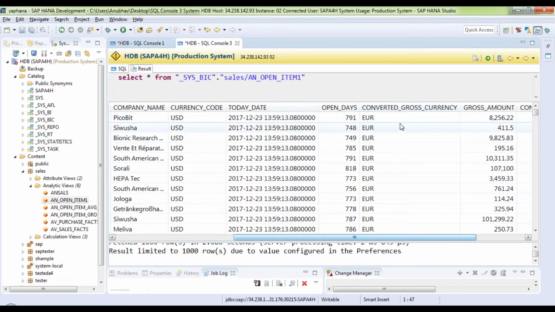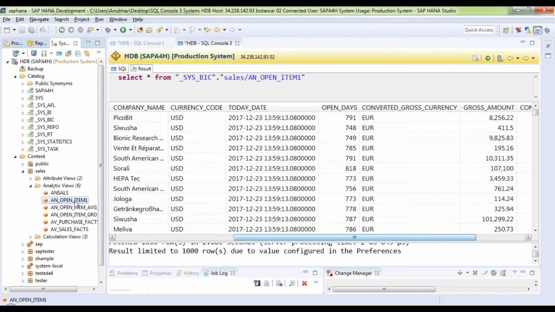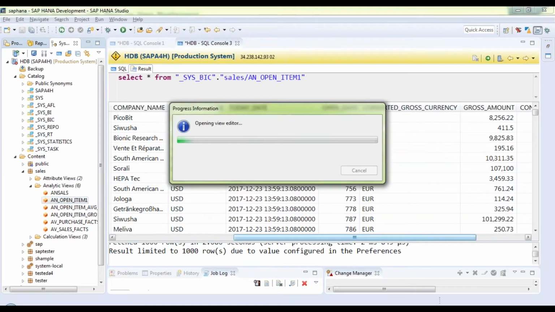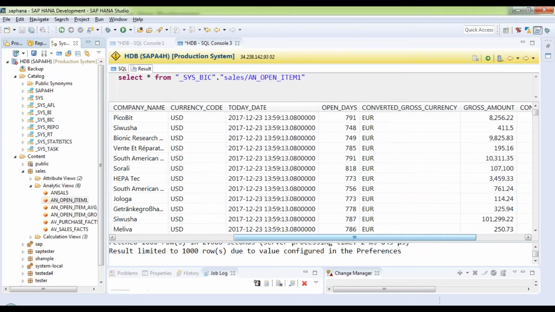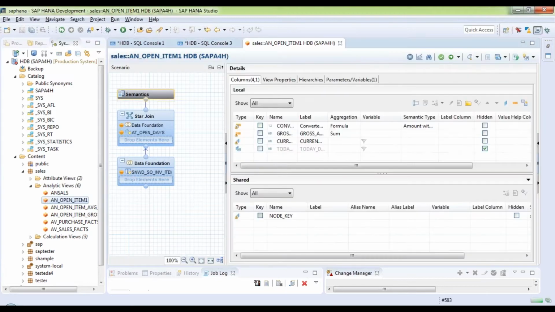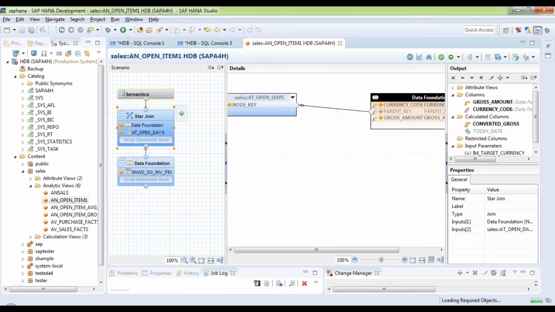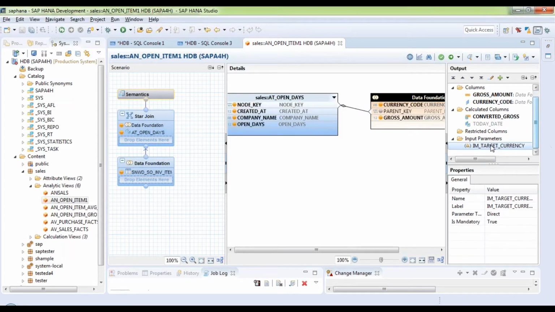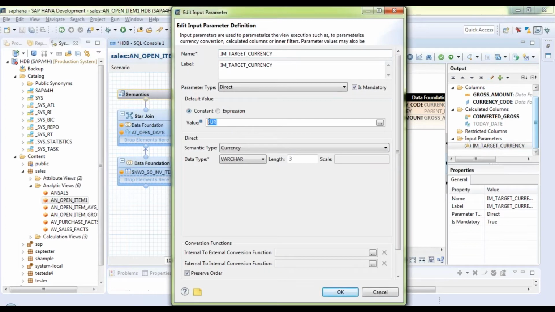But there was also an import parameter which we created. Let me open this analytical view. Hope you remember this analytical view that we created long back. It had an import parameter for currency conversion, and the default value for that was euros. So it will always give you the result in euro currency when you run the analytical view. But since you have an import parameter, you can actually pass a value in the import parameter to get the value in a different currency. So you see, this was the import parameter we created. I double click and you see we had also defaulted the value last time as euros.